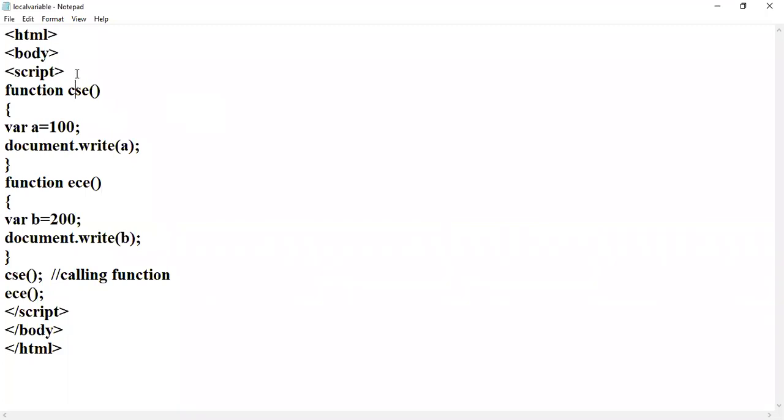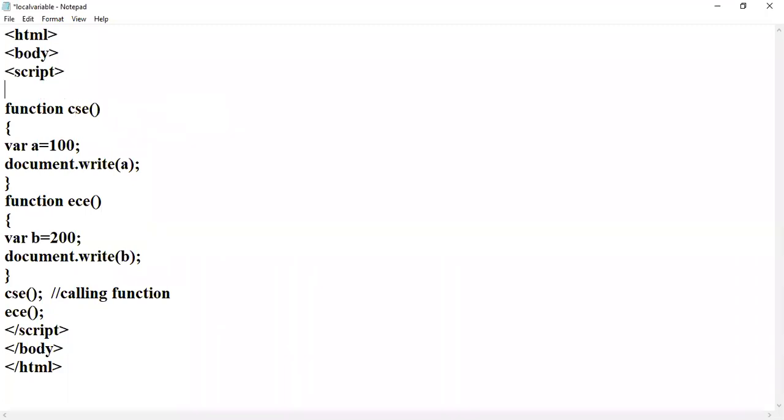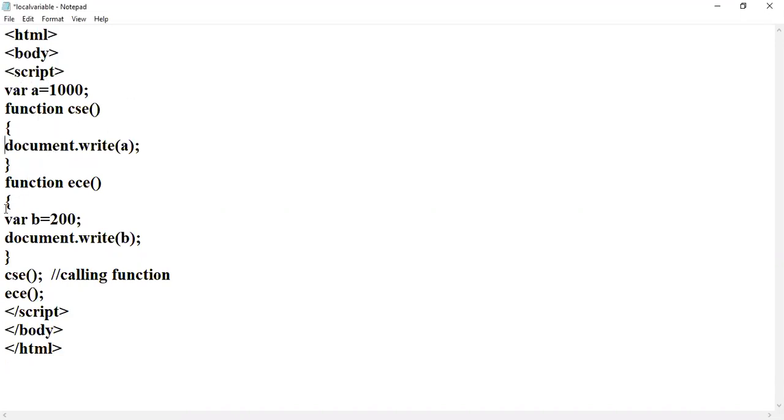Now I will go for global variable. What I will do, I will declare a variable outside all the functions, globally. We are using the var keyword: var a is equal to 1000. Can you see the notepad here? I will remove the declaration from inside the functions, from CSC and from ECE.